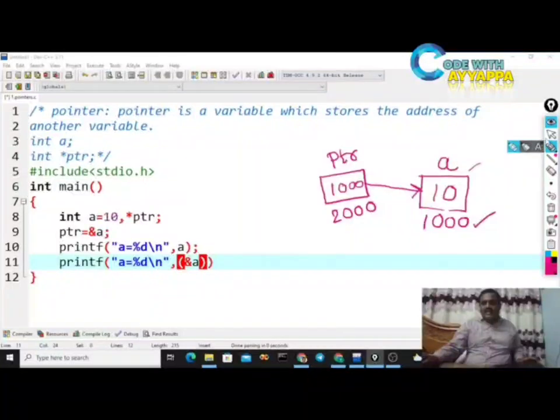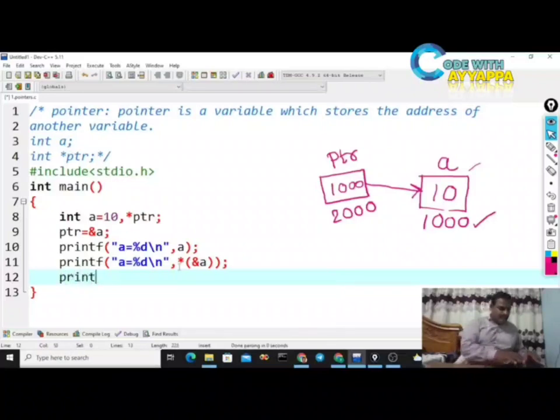I want the value in this 1000. How to get the value? Just before the address you put the indirection operator star. What is the meaning of this line? Whatever value is available in this address, it will print it. What is the value available in 1000? 10. So it will print the value 10. This is the second way to access a value.